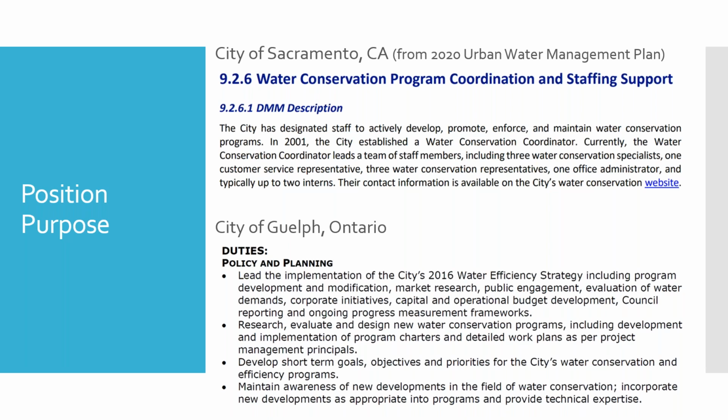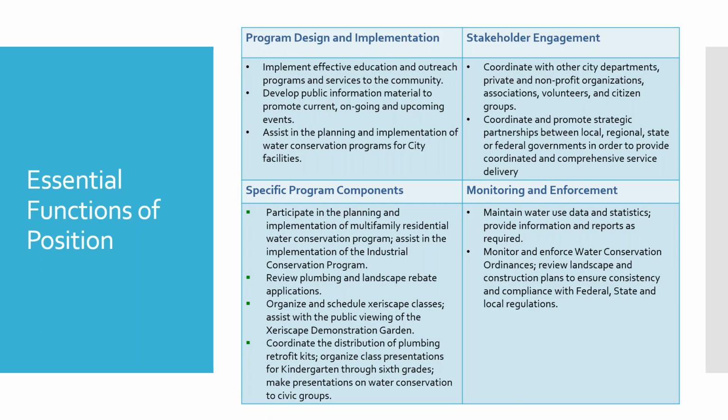And in the next slide, there's a lot more information about more detailed listing of the types of essential functions that could fall within a staff person's position description. The standard doesn't require that a person or utility does all of the things that are listed on the slide, but it does show you the sort of scope of what the position can entail. And it's a big job. I think once you start writing it all down, you realize that it is quite a span of control that the water conservation coordinator can have in the utility. Go to the next slide.